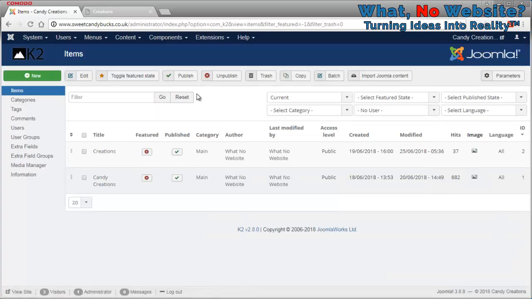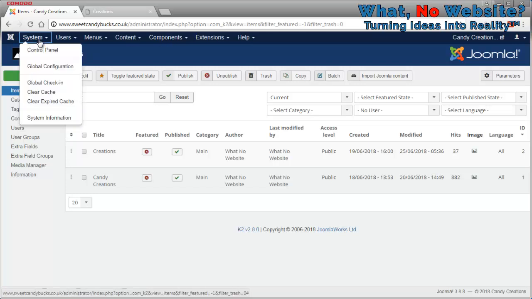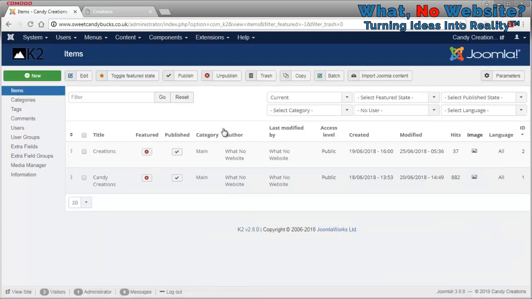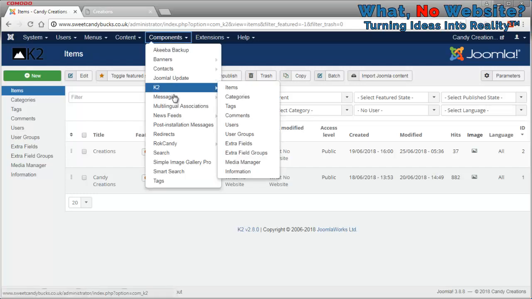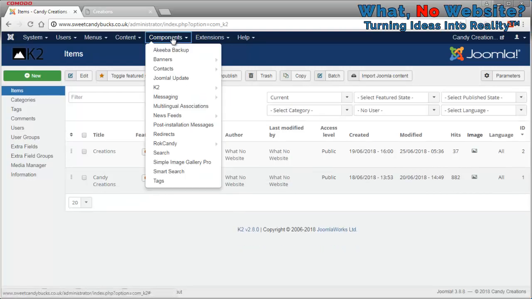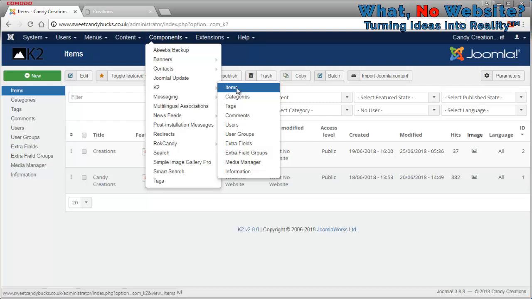Now, we use K2 to manage the content. So there's a couple of ways you can do this. You can go to Control Panel and then just click K2 Items, and it will take you to the items, for want of a better phrase, articles. Another way is to go to K2 through the Components menu and then click